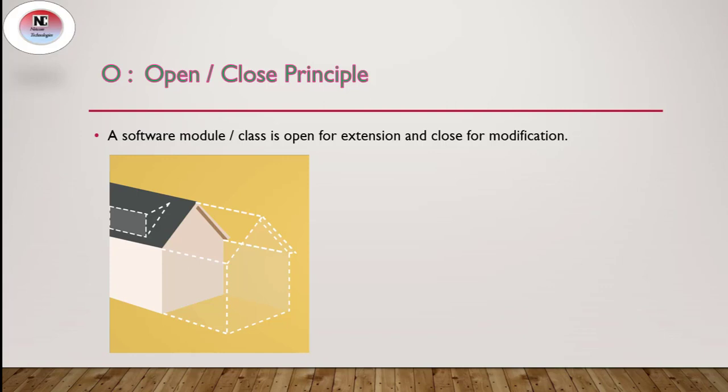Closed for modification means we have already developed a class and it has gone through unit testing. We should then not alter it until we find bugs. As it says, a class should be open for extension. We can use inheritance to do this. In the picture we have a house. Instead of making modifications, we cannot demolish this house because it is already developed. So we can extend the house.